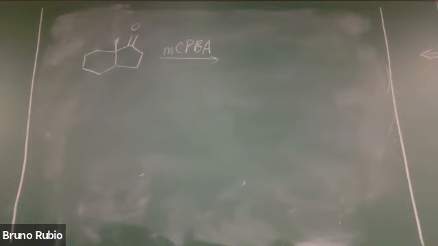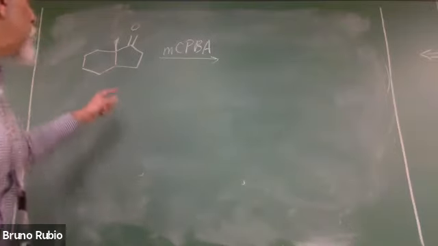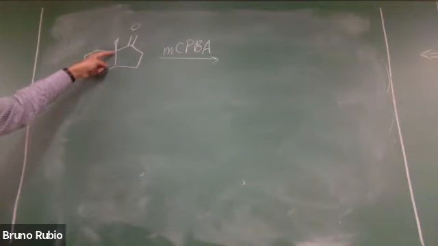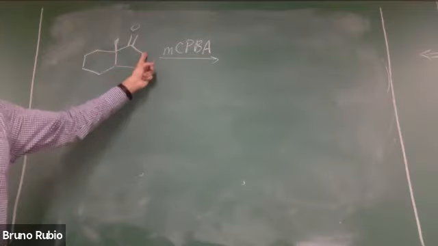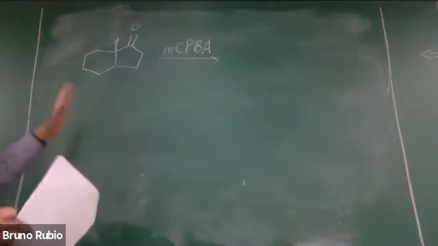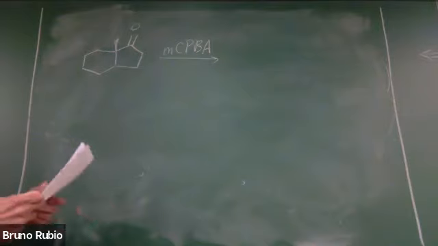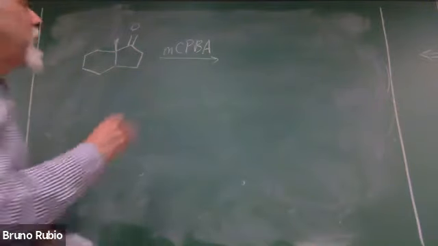And what is going to happen here is the insertion of oxygen between the carbonyl carbon and a neighboring carbon. But when there is a choice, that neighboring carbon should be the more substituted neighboring carbon. So this carbon over here, this is quaternary. It's bonded to 4 different carbons. This carbon over here is secondary, so the oxygen is going to insert itself between the quaternary carbon and the